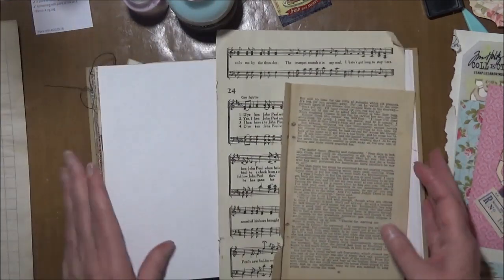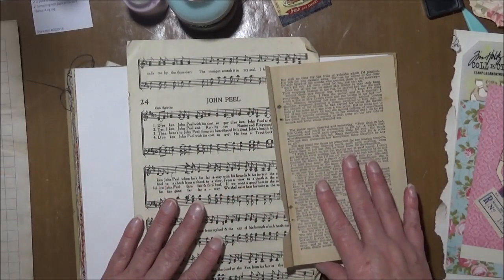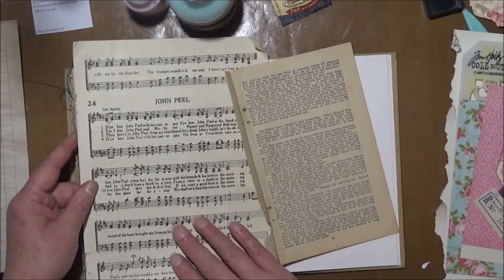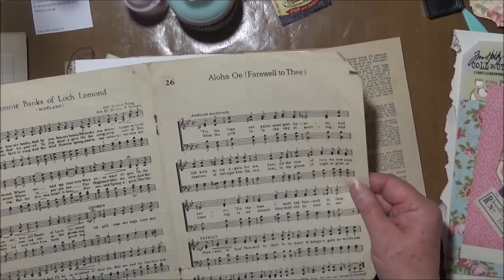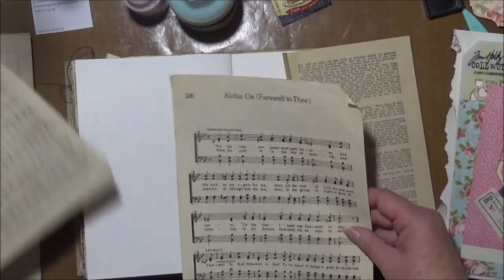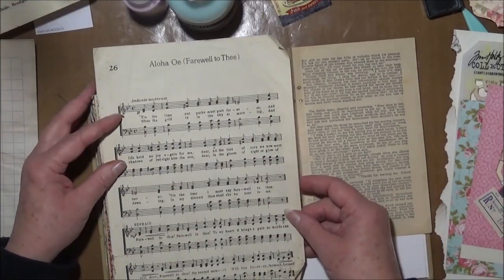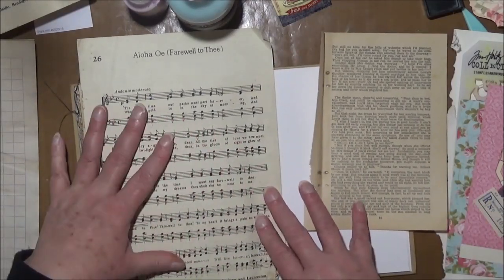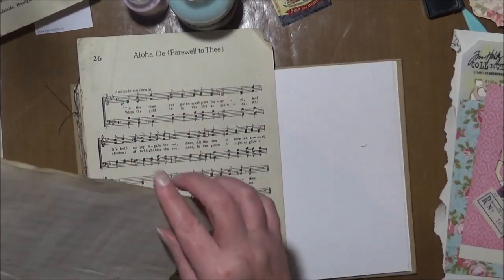Okay, so I'm not actually going to glue it down straight away because I want a zigzag stitch on it and I can't possibly do that when it's in the book. So I'm just thinking, okay, let's just... Now I'm hoping this works because the paper's quite fragile, so stitching on it could be interesting. Okay, so I'm thinking if I pop that there and a piece of this,